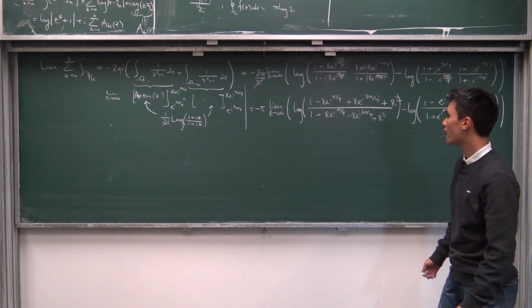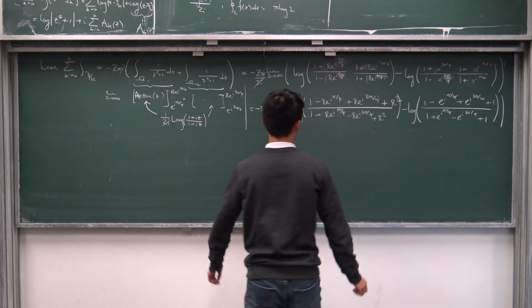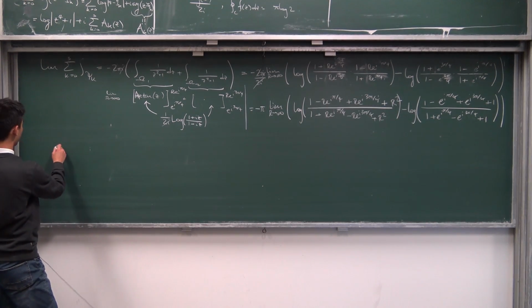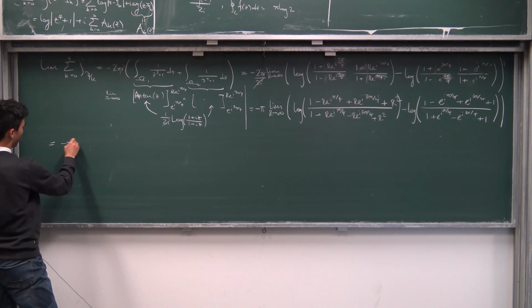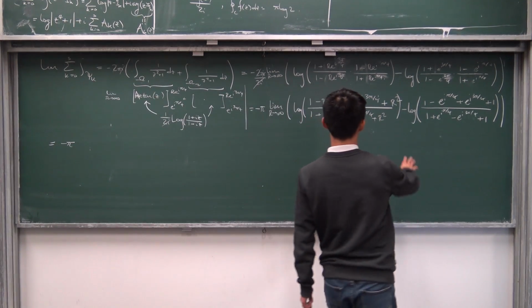Now, what's the next thing we could do? We could try to take the limits now. Let's see what happens if we take the limits. So I'm going to bring everything over to this side. So now if we evaluate the limits, this is π, okay. And now notice we have